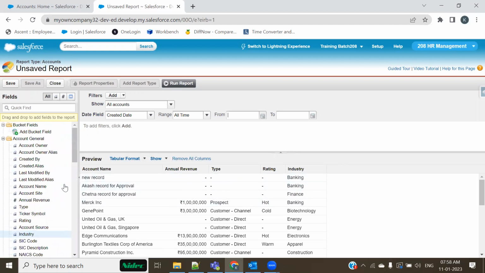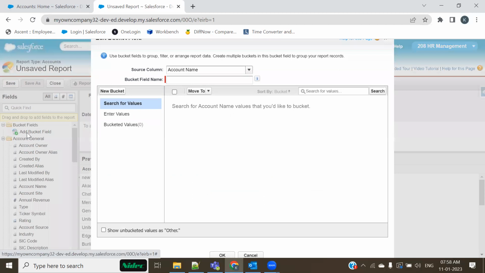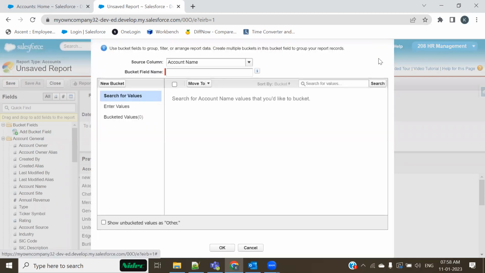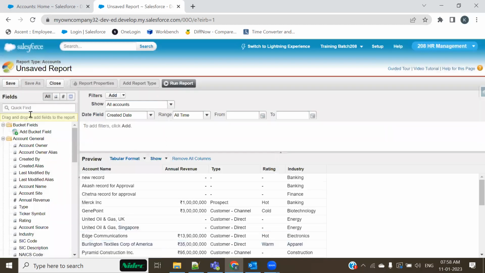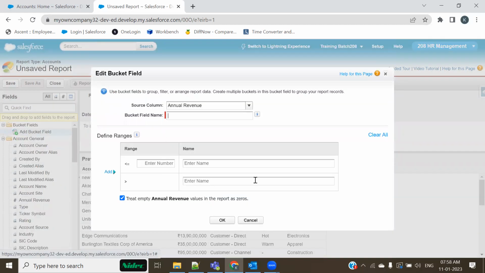तो कैसे करेंगे? How can we do that? So just at the top, every time it would appear on the top. This is the position. ये हमेशा यही दिखना है आपको. If you wanted to find a bucket field, you'll have to go to the top of the list every time for any object. All right. यहाँ पर एक है add bucket field का, so you just make a double click over here. या फिर आप drag and drop भी कर सकते हो. You can simply drag and drop, है ना? आप ये भी कर सकते हो. I mean, you can just bring it like this as well. So this is one and the same thing, all right?